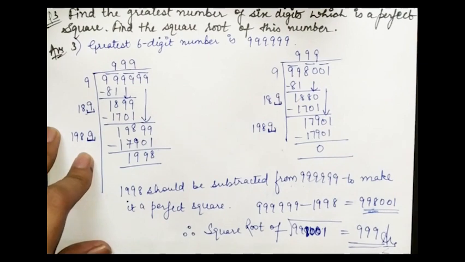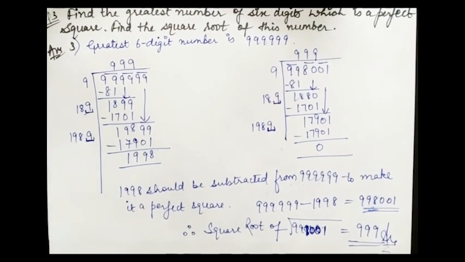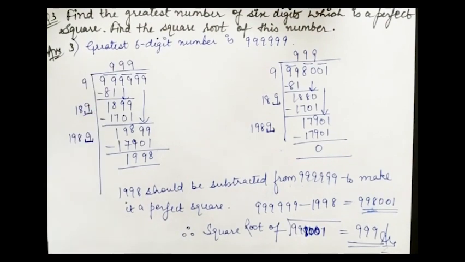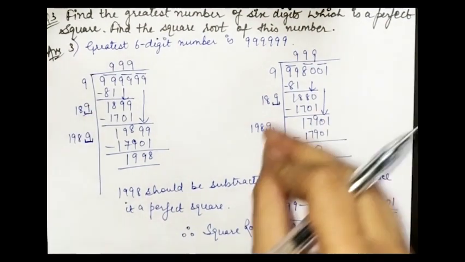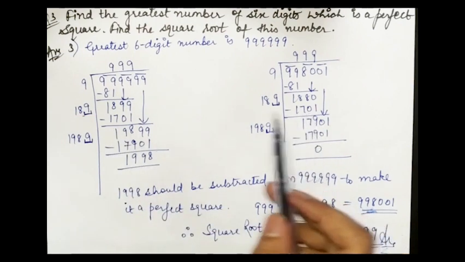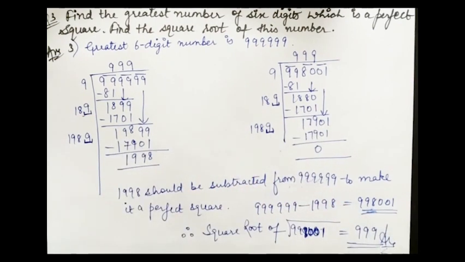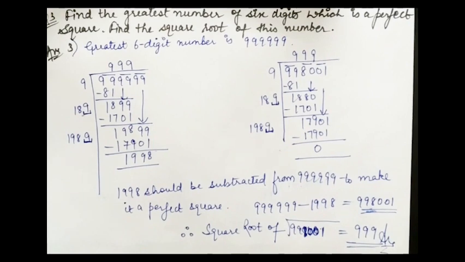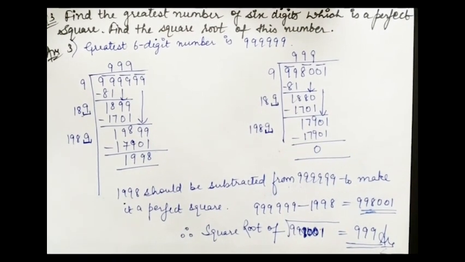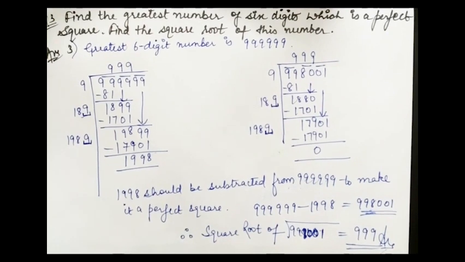Okay, I think this much is clear to you. This question is also clear to you. Means when you find this number, you just have to check here, means some numbers are same, like 1701. So we don't have to multiply again and again, so that this will take much time. So I think this much is clear to you. And now we will be moving forward to the fourth question.